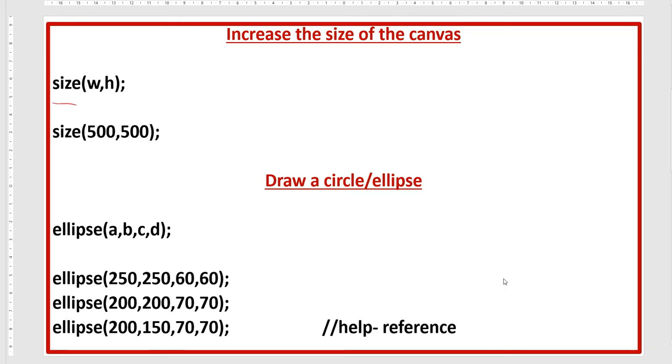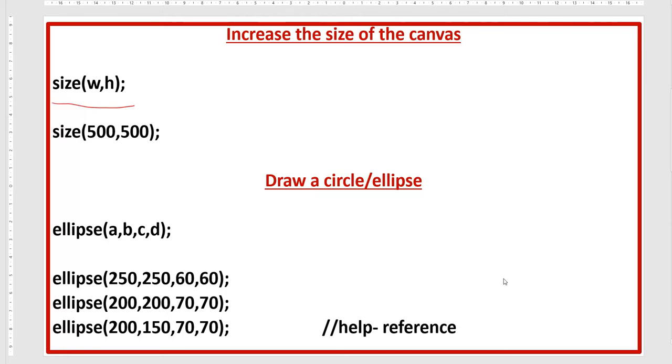This is the basic syntax. Size is the function or a command. You have to write it in lowercase, and then in parentheses, the first represents the width and this is the height, and then a semicolon. This is the syntax, right?